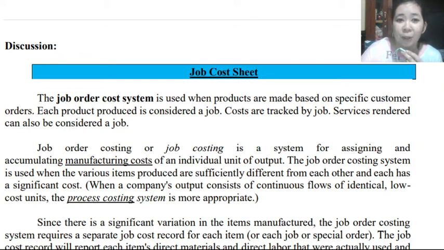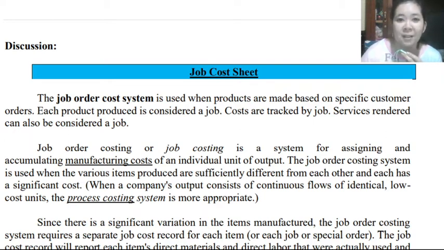So job order costing, or we can also use the term job costing, is a system for assigning and accumulating our manufacturing costs for an individual unit of product. Meaning, in a job order costing system, we are accumulating this cost for a specific order or